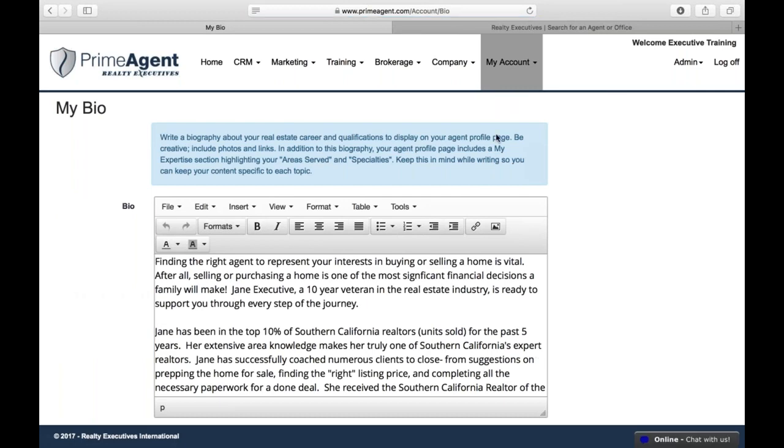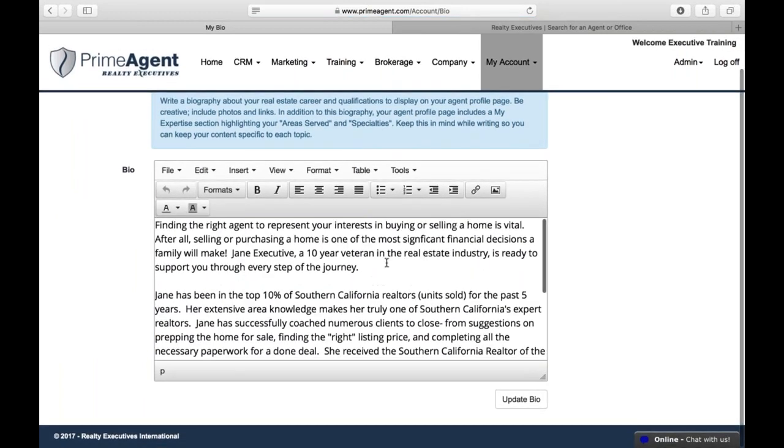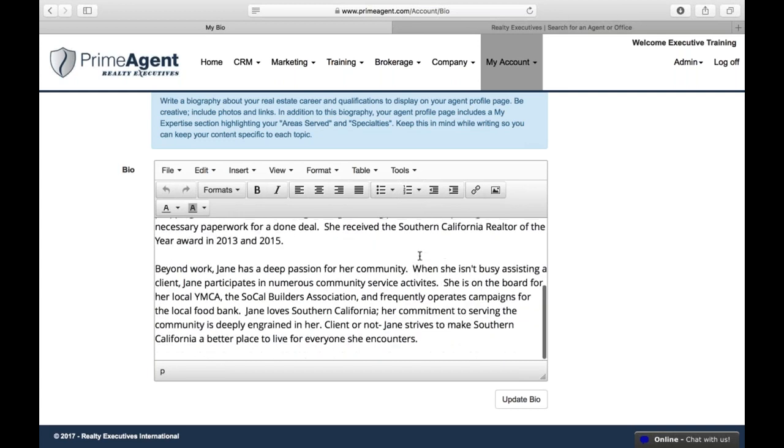The next section is the My Biography. So in here, you're going to want to type out your experience in the industry. Why do you wake up every morning to be excited to be in this industry? What are the experiences, the qualifications, any awards that you've received in the industry that would help you qualify yourself amongst the competitors that are out there? So anything related to the history and why you're in the business is what you're going to want to type